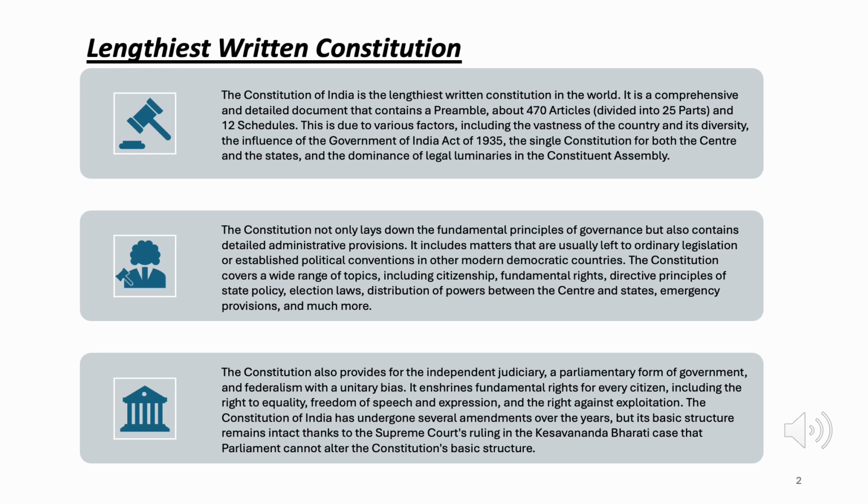The Constitution covers a wide range of topics, including citizenship, fundamental rights, directive principles of state policy, election laws, distribution of powers between the centre and states, emergency provisions, and much more. The Constitution also provides for the independent judiciary, a parliamentary form of government, and federalism with a unitary bias. It enshrines fundamental rights for every citizen, including the right to equality, freedom of speech and expression, and the right